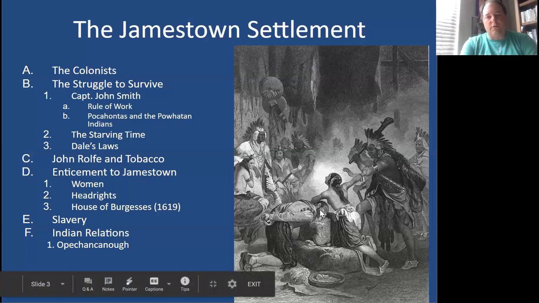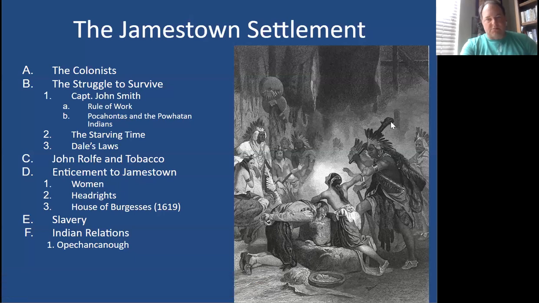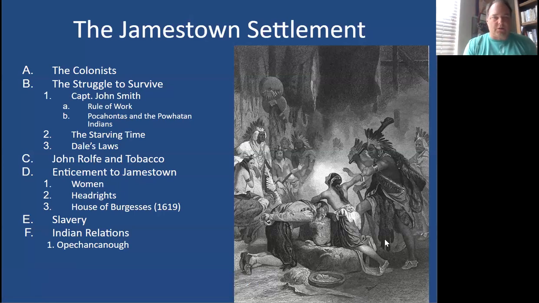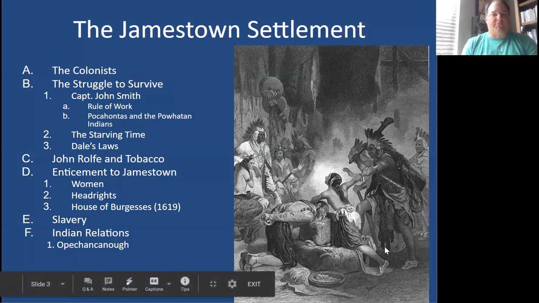He was leaned over a block, his hands are tied behind him, and he believed that this warrior is about to bring down this club on his head to smash his skull. And you can see they can sharpen one end of it too to make it a little penetrating spike to go through a skull also. He's ready to die. But he says just before the man brought this club down on his head, a young daughter of Powhatan stepped forward to save him. And this is